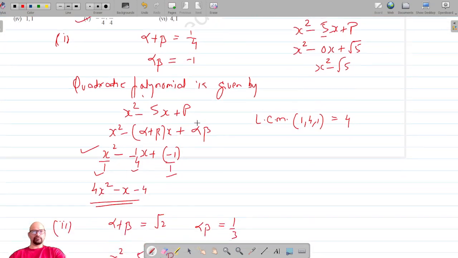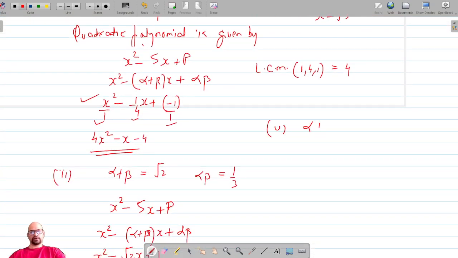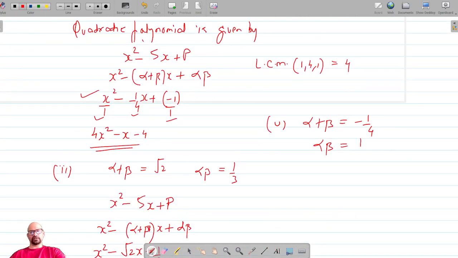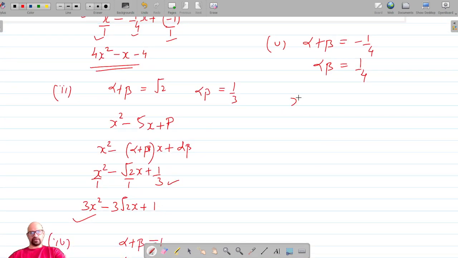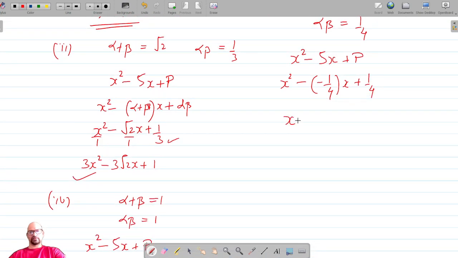Similarly, for question number 5, alpha plus beta is equal to negative 1 by 4. Product of the zeros, that is alpha beta, is 1 by 4, and we know that the quadratic polynomial is given by x squared minus sum of zeros into x plus product. So this is x squared minus sum of zeros, negative 1 by 4, into x plus product is 1 by 4. So this is x squared plus x by 4 plus 1 by 4, and now